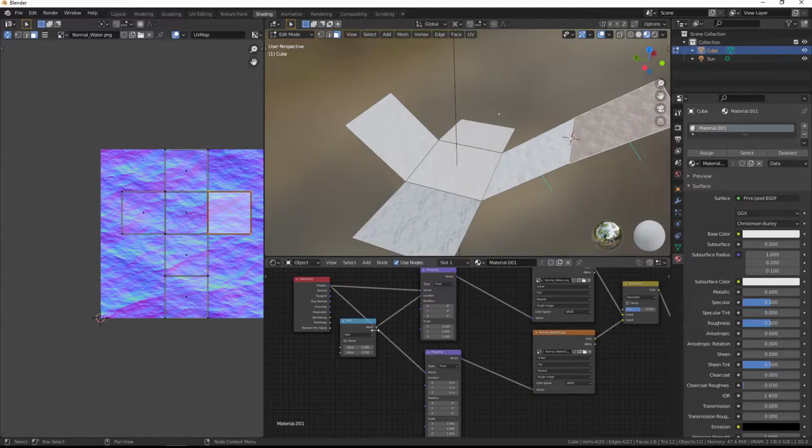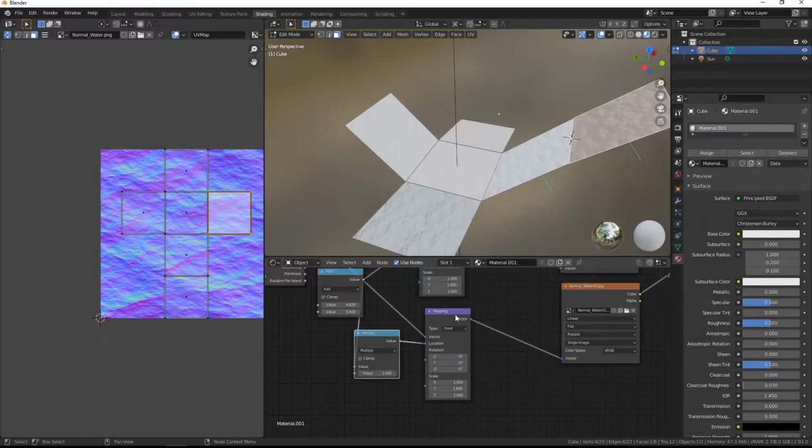I don't think it works very well. Well, there's definitely a way of showing it, but you scroll the UVs along like this,